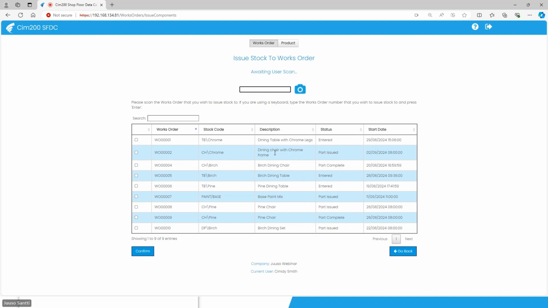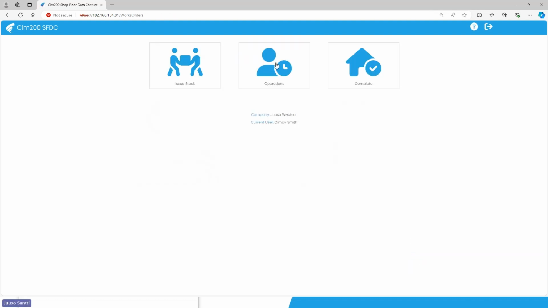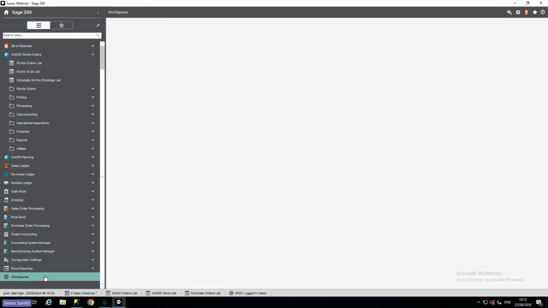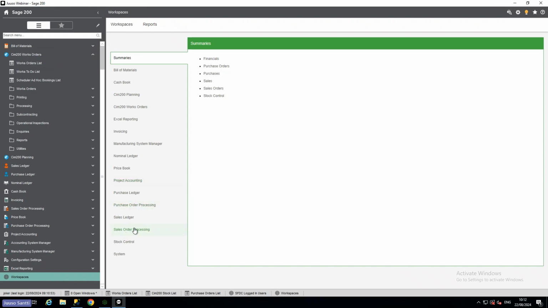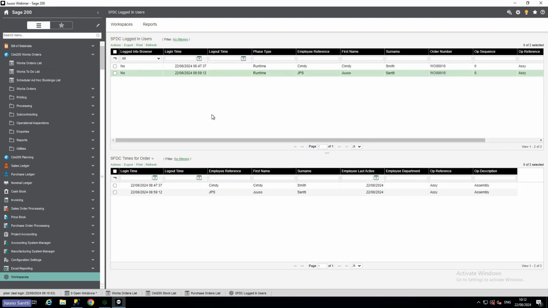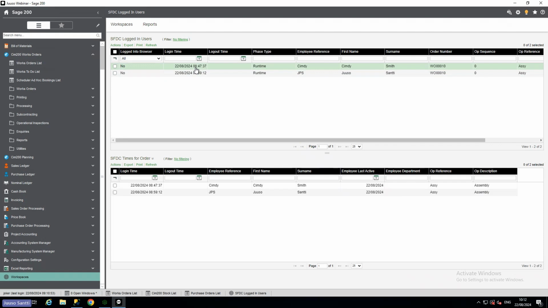Okay. So that was issuing stock. We can also process operations. What I have done this morning in preparation is that I have already clocked onto the system, so I will be able to show you this to start with. We have a monitor here showing who is scanned on and which works orders they are working on. I can see there's no logout time for